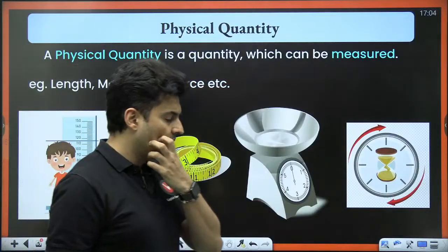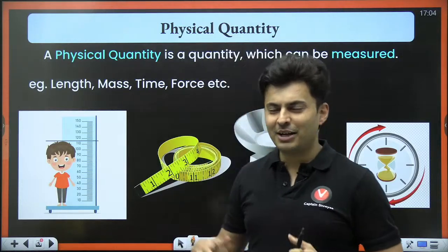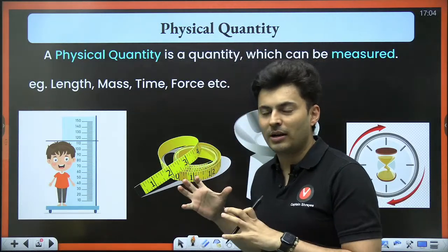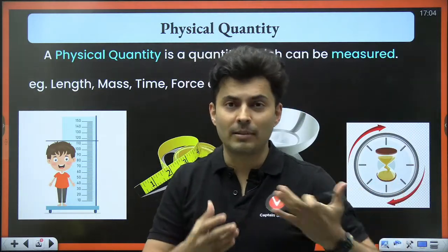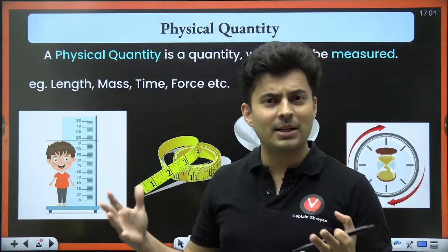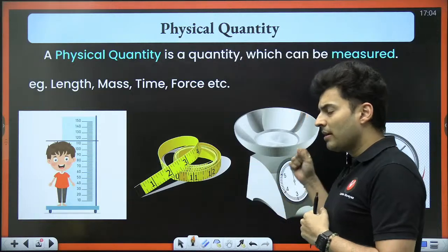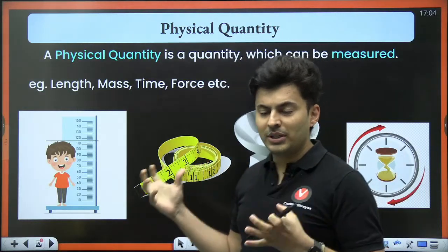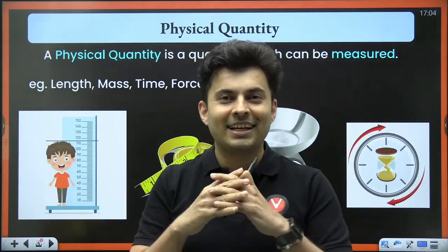When we talk about this chapter, mainly there are certain things which you need to understand. One is what is a unit, and then we slowly go to what is dimension and its applications, and then we go to the last part, which is errors, measurements, significant figures, and all those things. Now, when we discuss units and dimensions, there is a thing which binds them together,